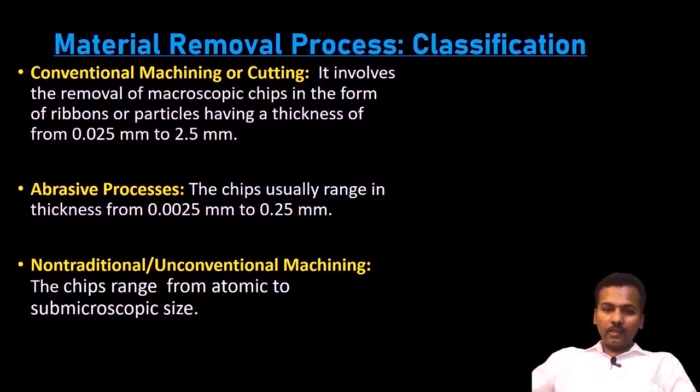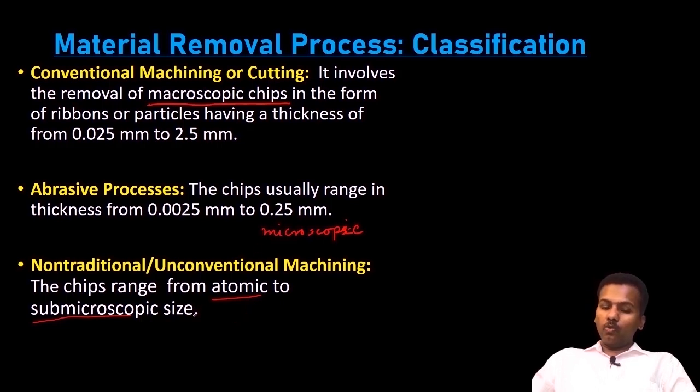formation. You can see here that in conventional machining or cutting, just like machining on the lathe machine, turning process, milling process, in that process there are macroscopic chips. Considering this category of the chip, here in this case the chip size is microscopic, and here the size even becomes much smaller than microscopic, below microscopic, and it can even further go down to atomic level or nanoscale level.